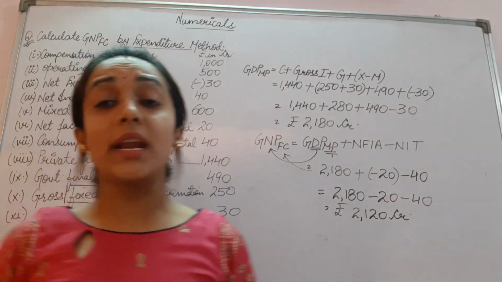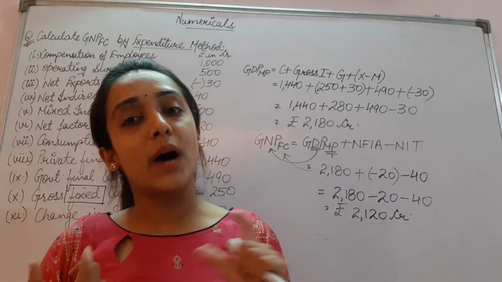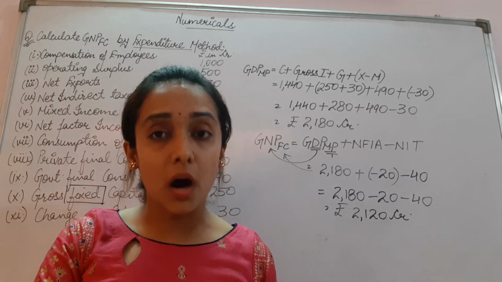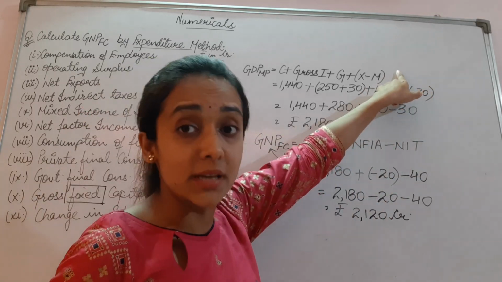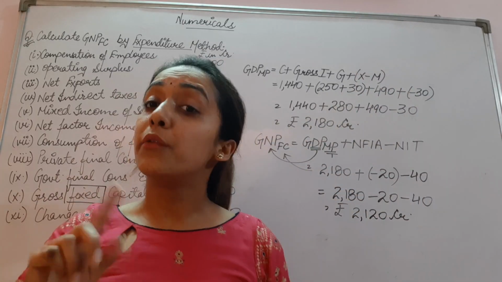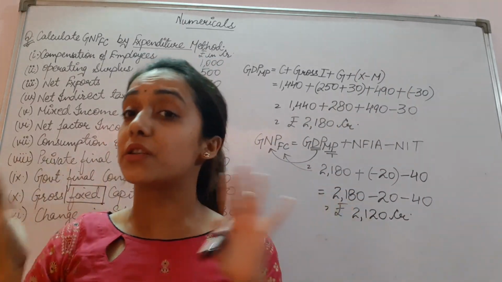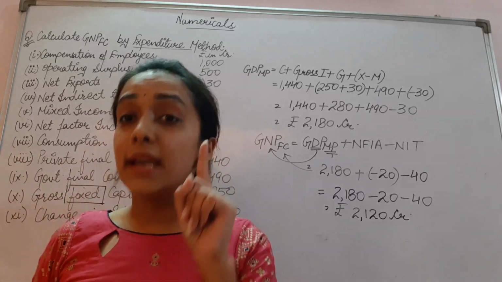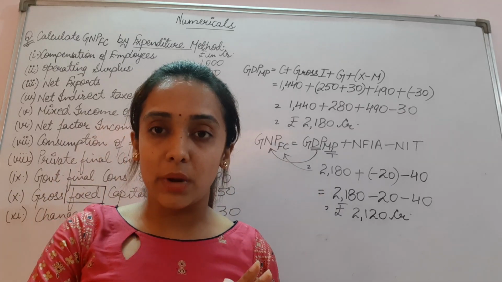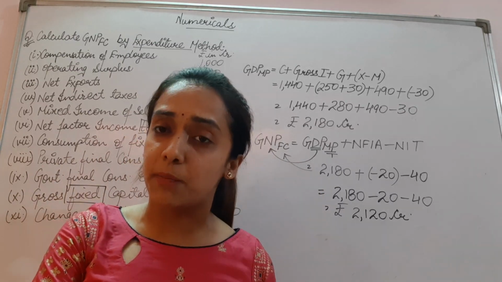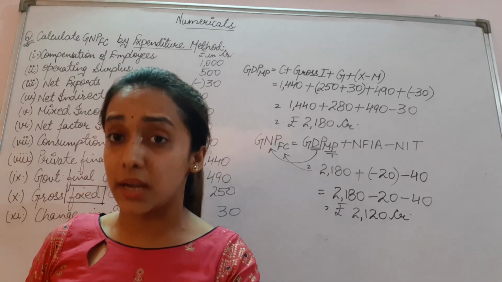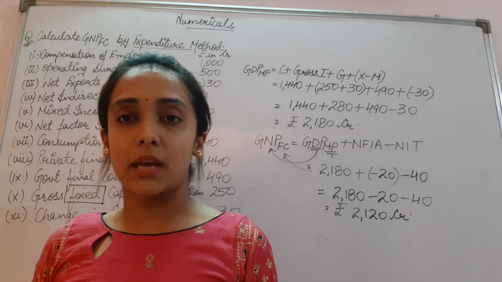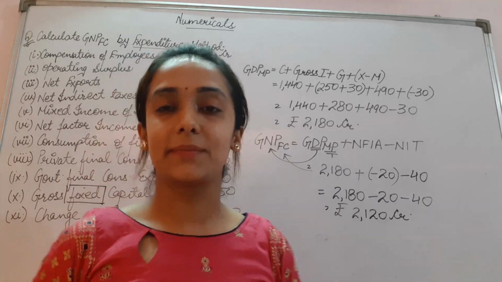The main thing is, whenever the word fixed is given, you have to add change in stock, and whenever net is given, to convert it into gross, you have to add the depreciation in the formula itself. Rest, that is private final consumption expenditure and government final consumption expenditure, are given directly. When net exports are given, the same sign will be there, whatever it is given. If it is given positive, it will be positive. If it is given negative, it will be negative. But when net imports are given, the sign will be changed.